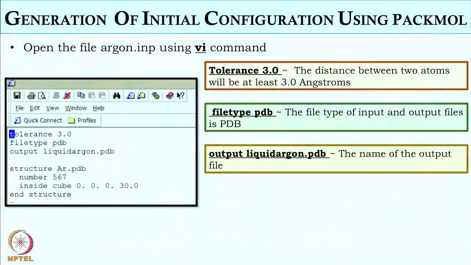So it is the file type of the input and output file, which is a PDB file. And then output is liquid_argon.pdb, the name of the output file. The user can change it according to their convenience or the molecule which they are going to simulate. Since here we are simulating liquid argon, I have given the file name as liquid_argon.pdb.